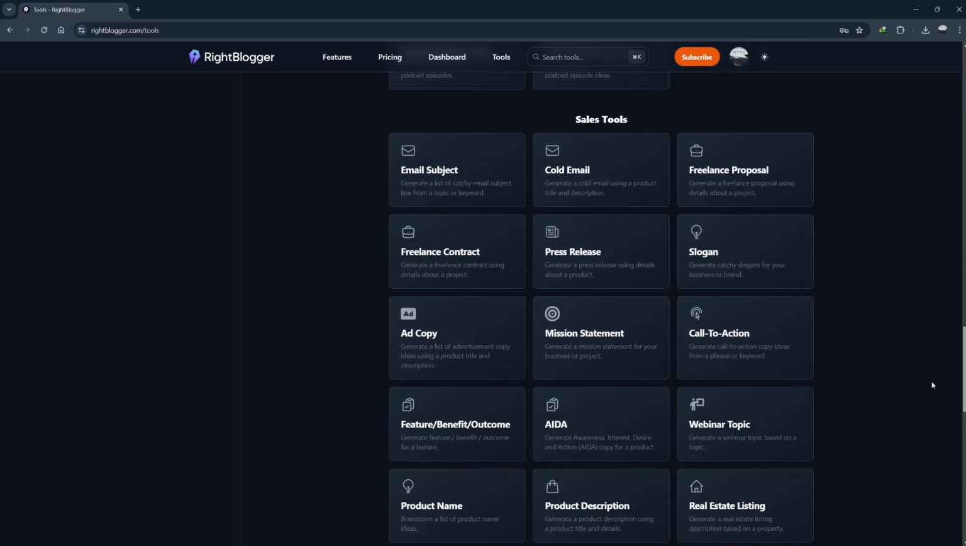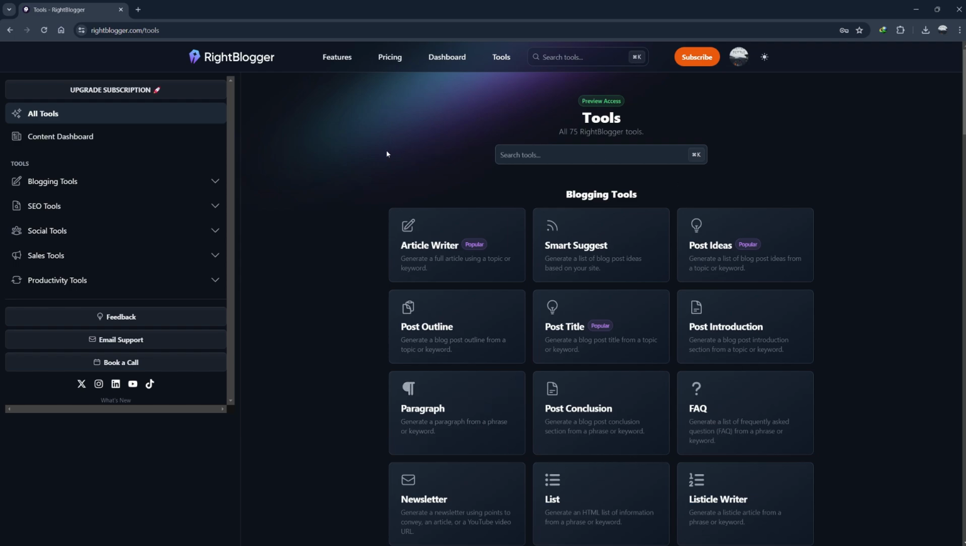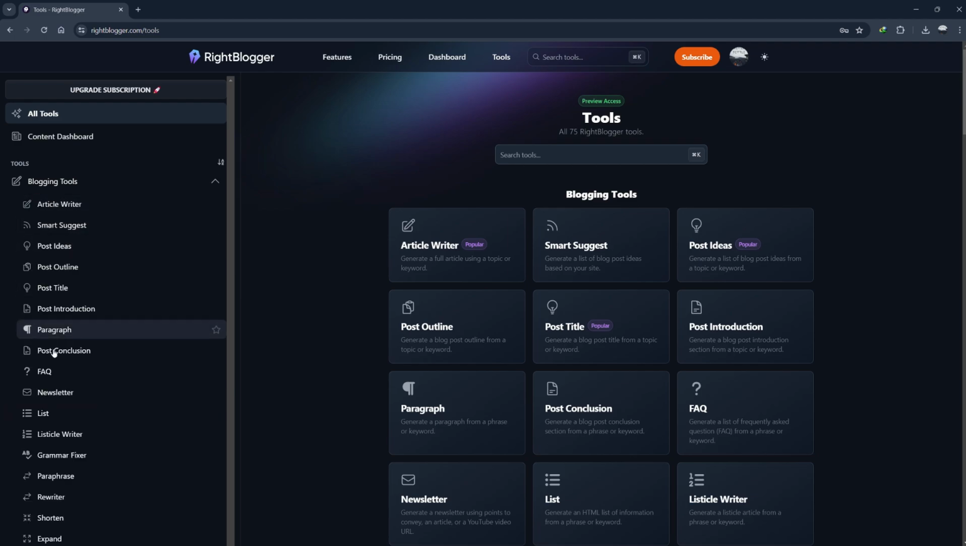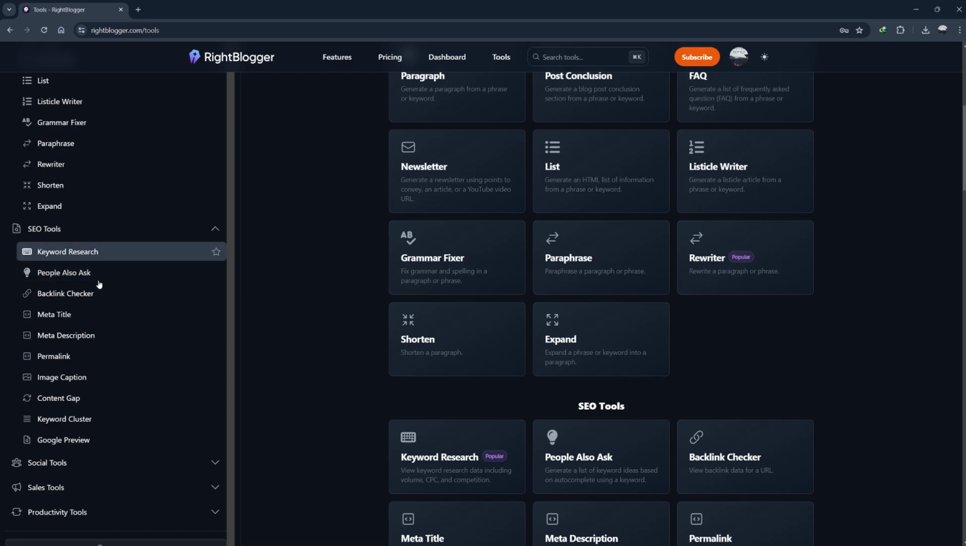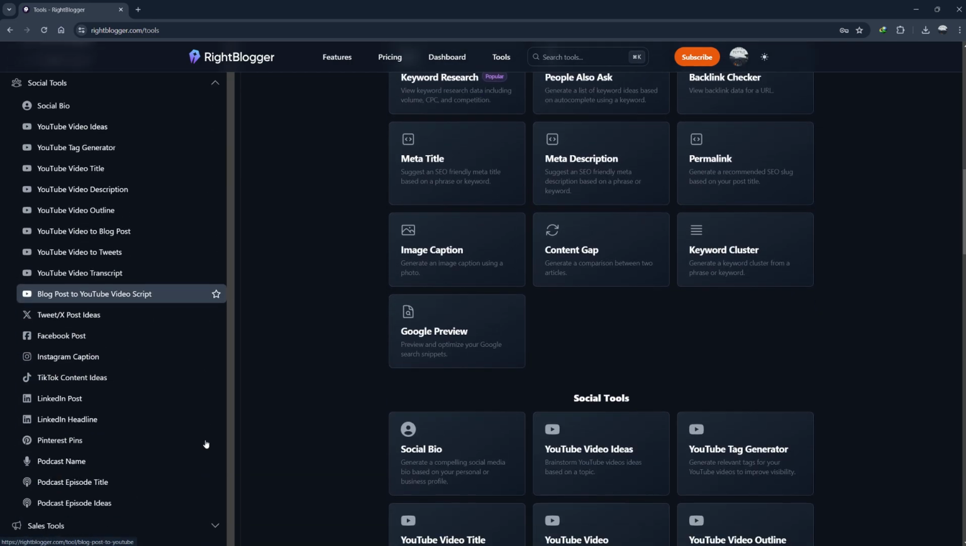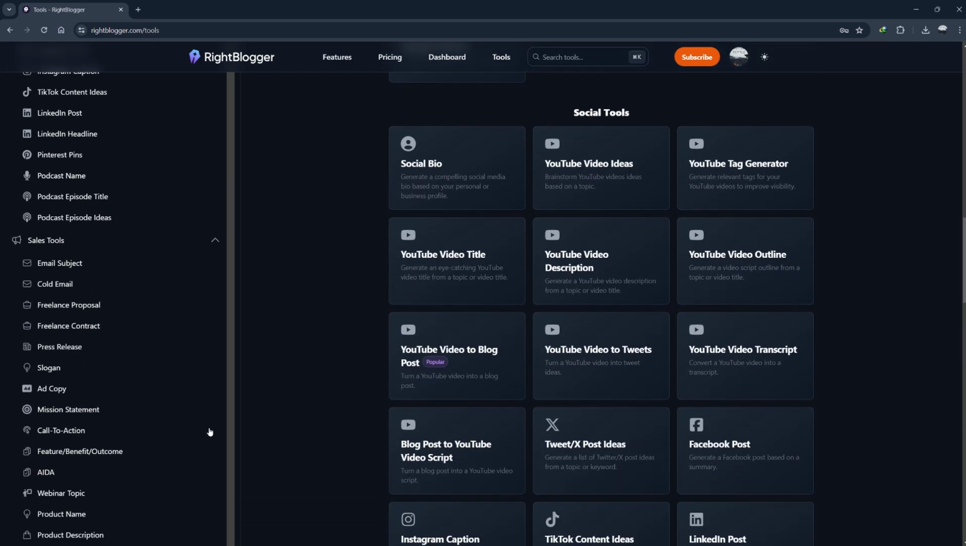The first thing you see when you log into RightBlogger is the dashboard. It's clean, intuitive, and user-friendly. On the left-hand side of the dashboard, you'll see various tools categorized for different tasks. At first glance, it might not seem like much, but once you click on these categories, you'll see a wide array of tools available. What I love about RightBlogger is how it breaks down the prompts into specific tools, making